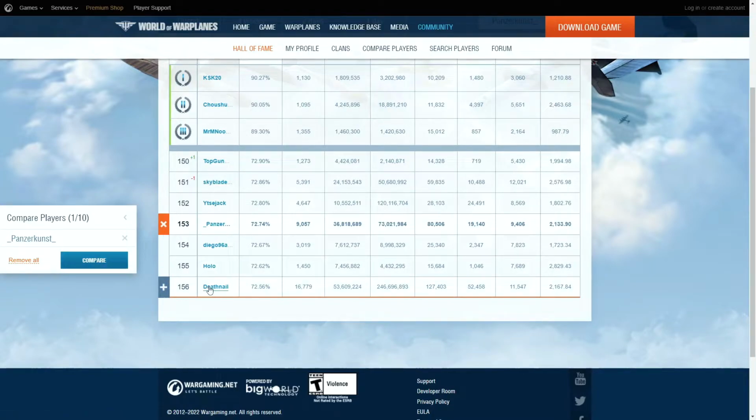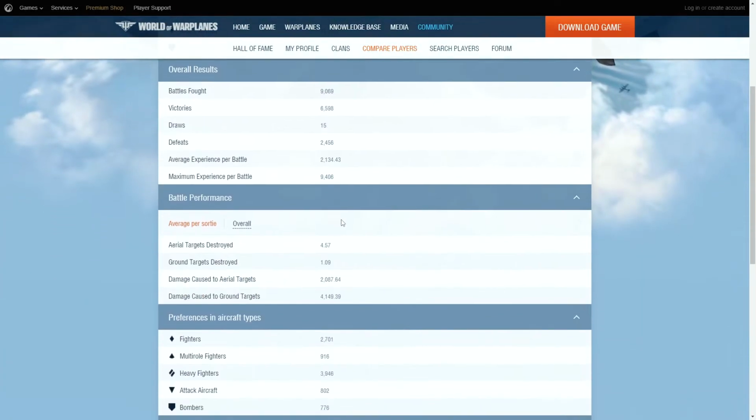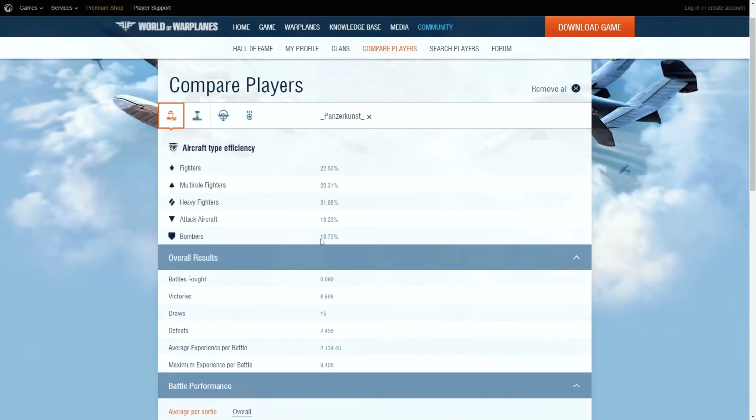And you could also hover over any other player you want and compare yourself with them. But it'll bring up this screen that shows you the stats that you can see in the game. And this efficiency rating, you could only see it in the game or here. So that's kind of cool. But the thing that I really like is going to aircraft,